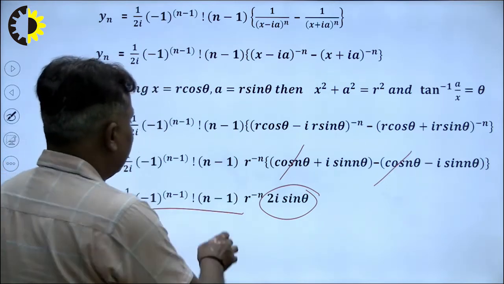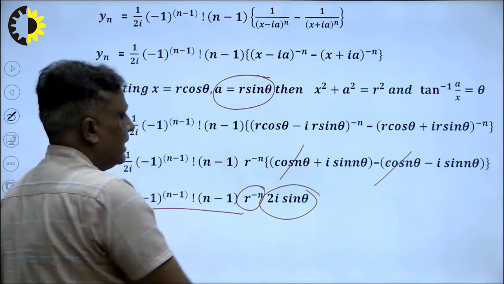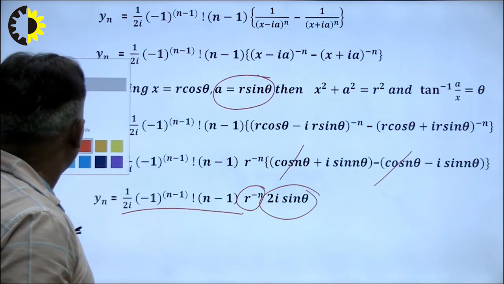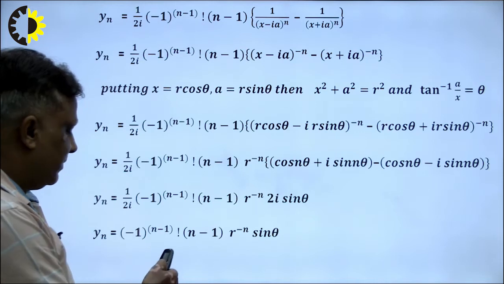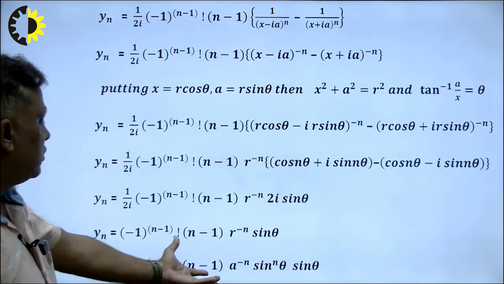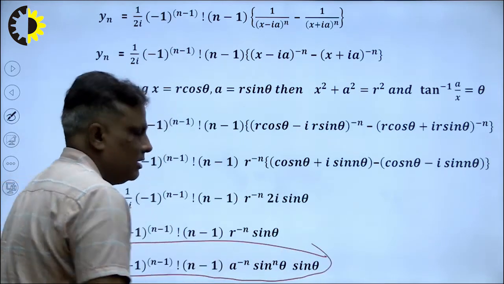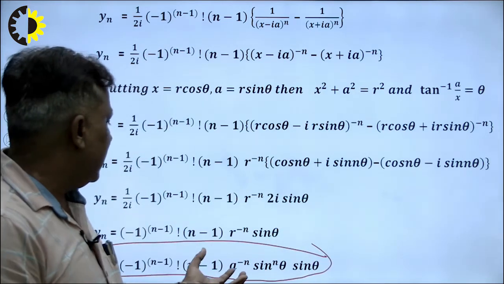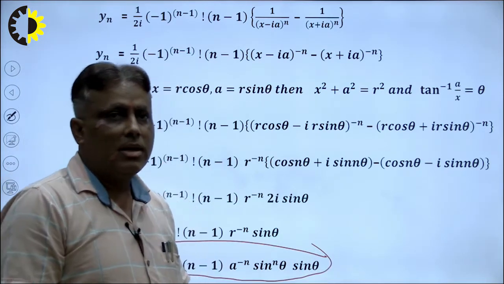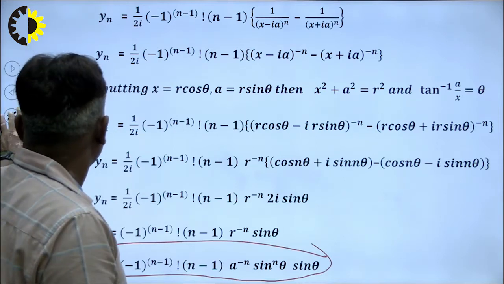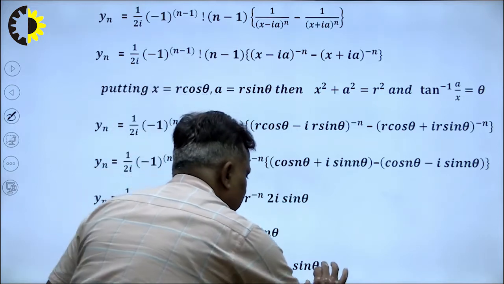Why? Because we can consider r raised to the power minus n with the help of this line. So if we calculate the value of these terms, the next result will be r raised to the power minus n, and the next result is a raised to the power minus n. This is our last result, and this arises in the examination many times. Okay, prove that this y n is equal to this. When a proof is given, we can solve it in this way, and find our given result with the help of the proof.